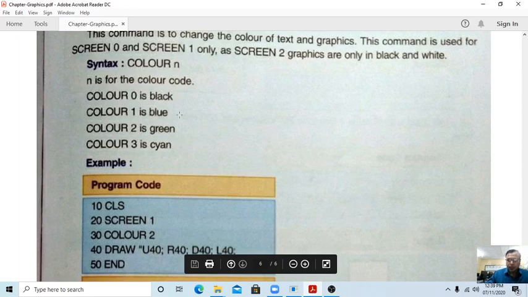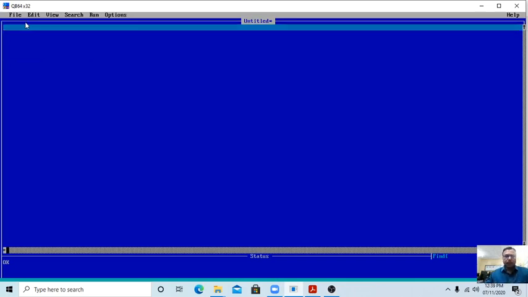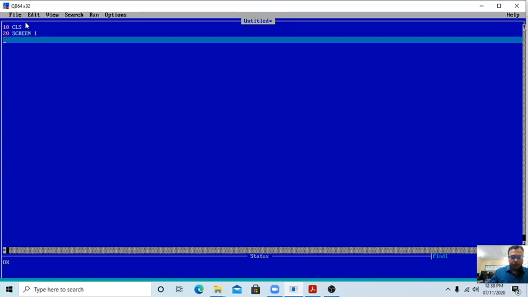So now students, the color command we have understood. Again I am telling you, again I am writing: 10 CLS. 20 SCREEN 1, then 30, what should we write, students?